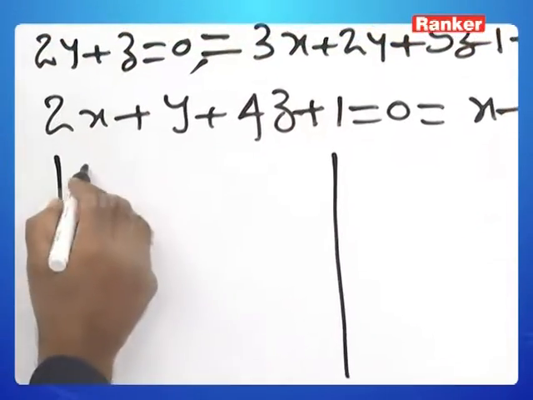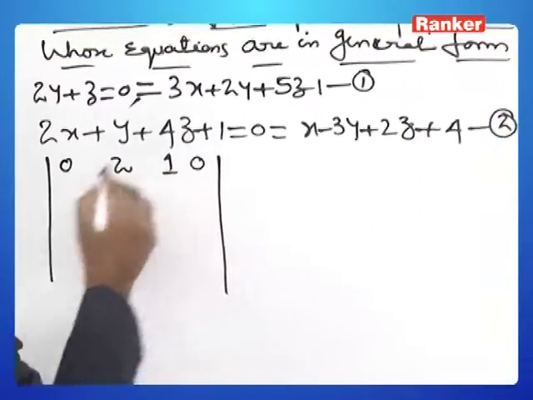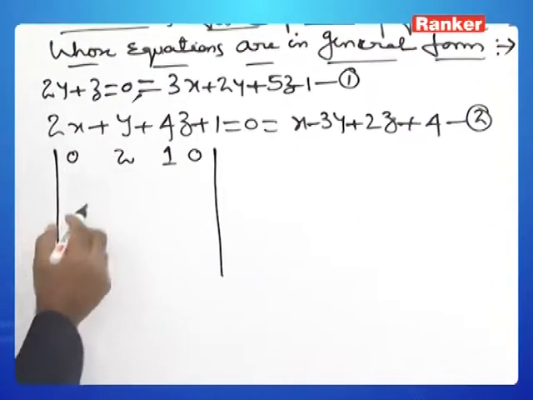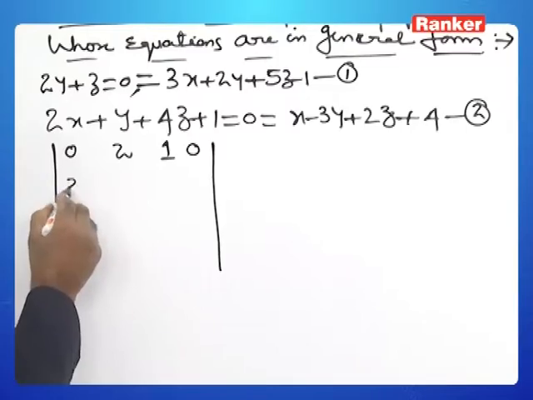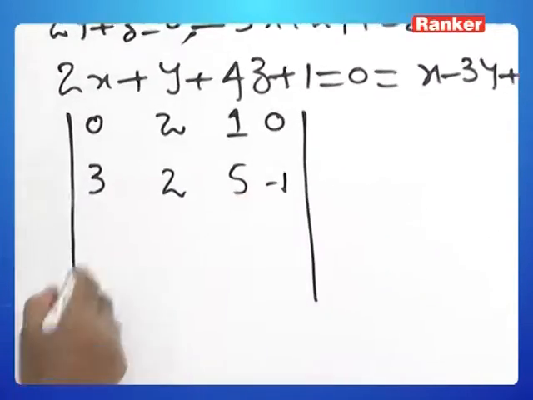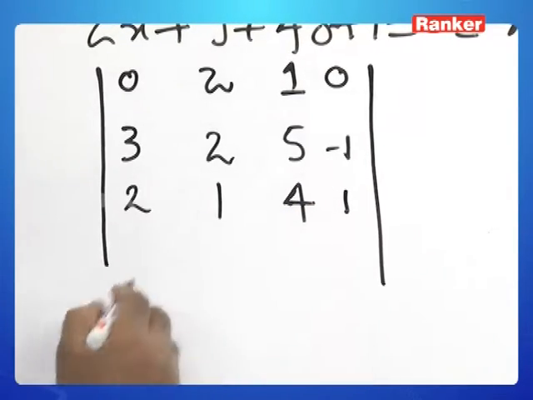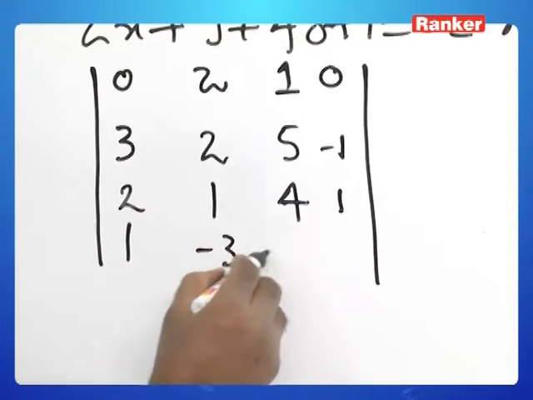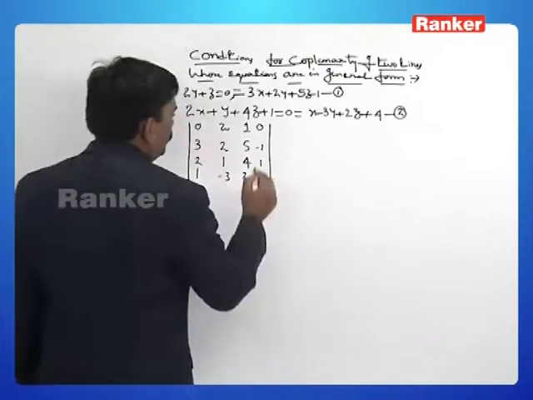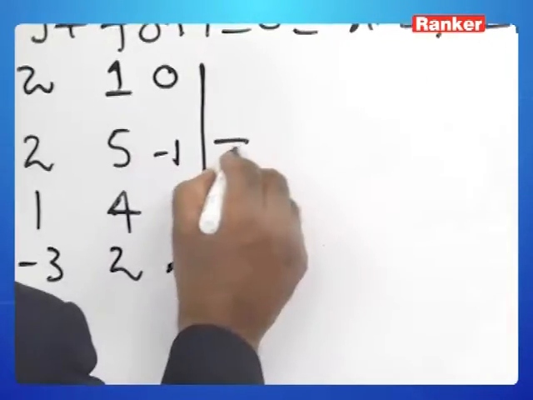Now A1, 0, 2, yes, now 1, 0. Right, next, 3 into, yes, now 3, 2, 5, minus 1. Next, 2 into 1, 4, 1. Next, 1, minus 3, 2, 4. We have to show that this is equal to 0. So therefore, I can write this one as